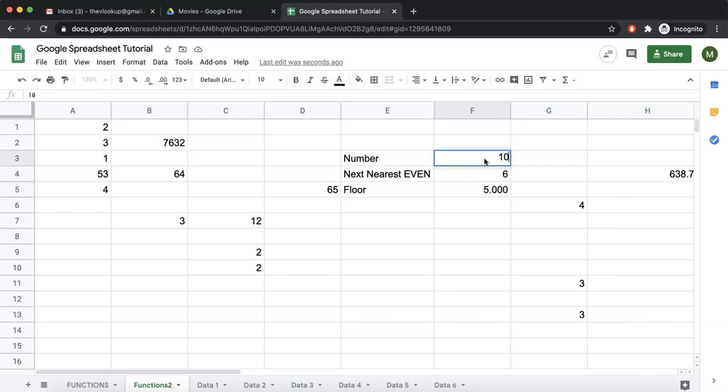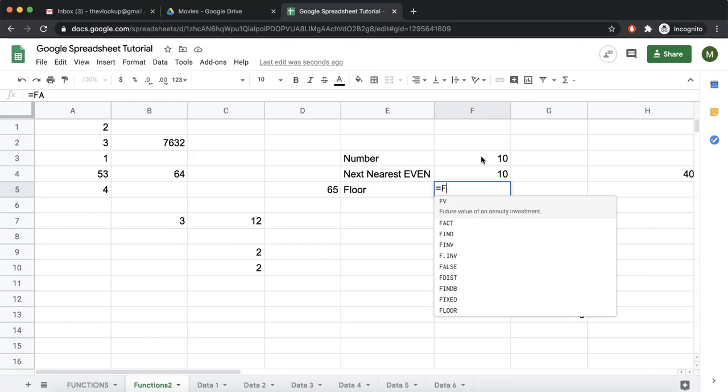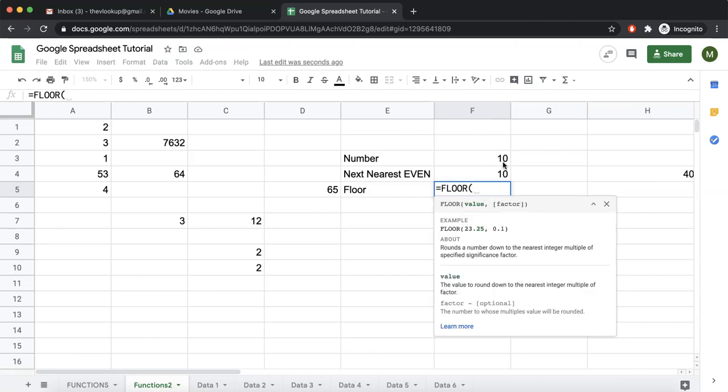We have 10. And over here I say factor, floor. Floor this: round a number down to the nearest integer multiple of a specified significance factor. So if I say floor this to 3, any number below 10 which is a multiple of 3 goes to 9.